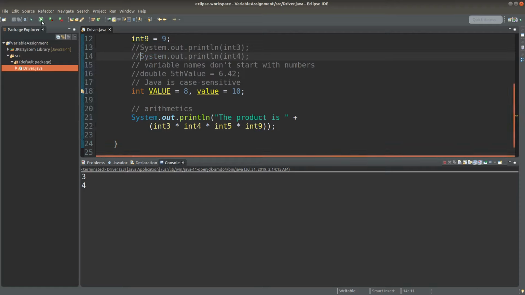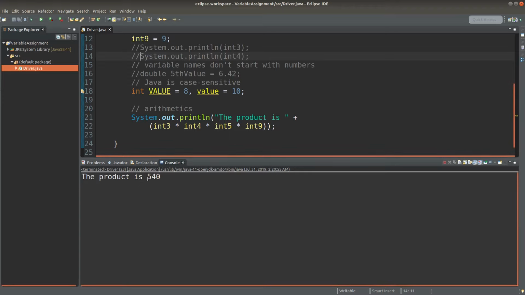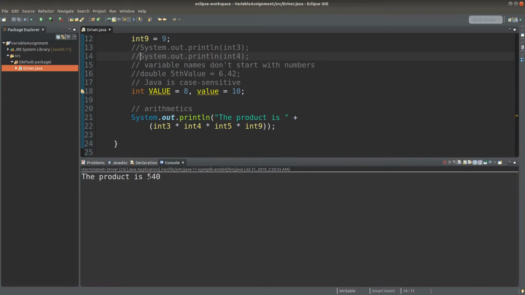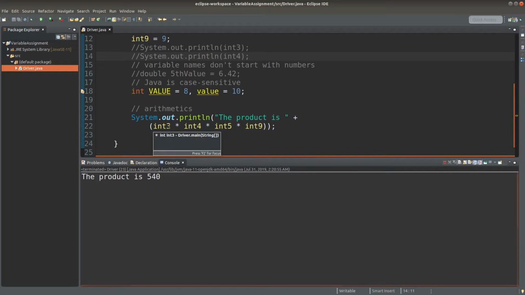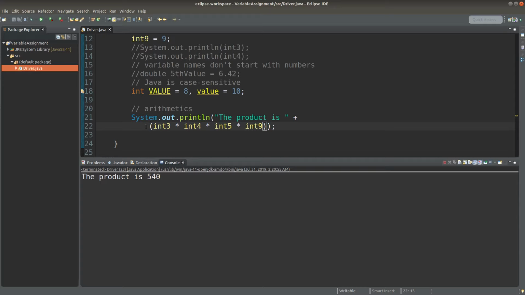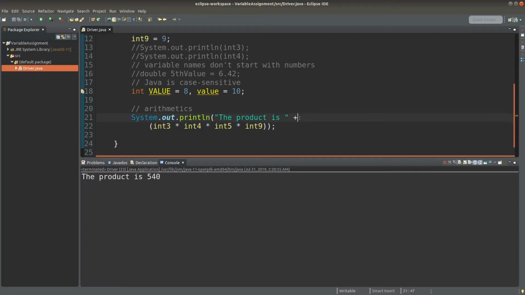Save it, run it. Okay, the product is 540, which is obtained by multiplying 3 and 4 and 5 and 9. So we can make use of parentheses to surround the numbers to be operated, and then we can join the answer to other strings by using the plus